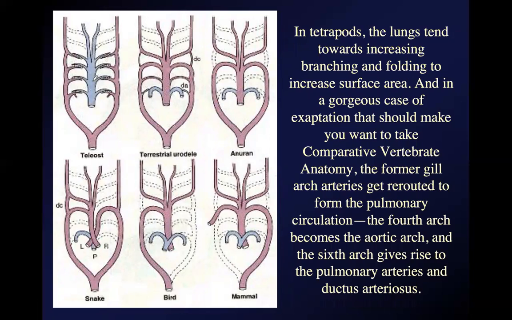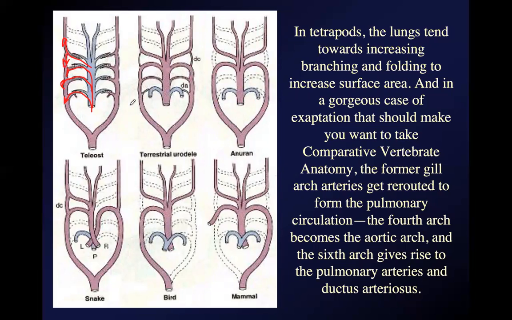Bony fish have arteries that run through the gills, right? The heart pumps blood through the gills, and that's where the blood picks up oxygen. And the heart's been removed here, but blood would do this, pass through the gills, and then pass to all parts of the fish's body. Okay.